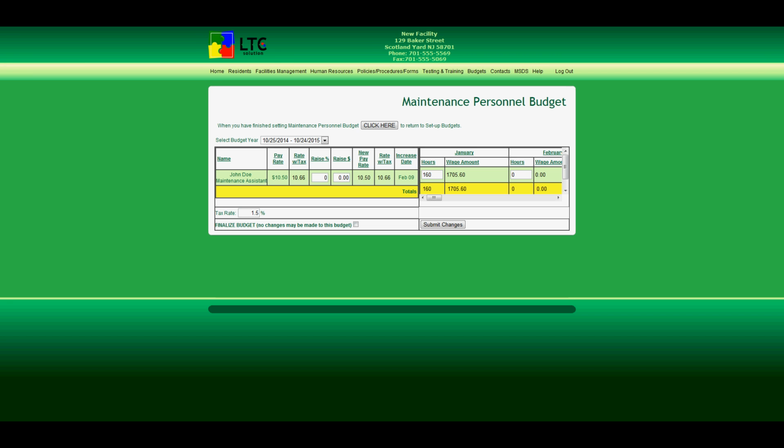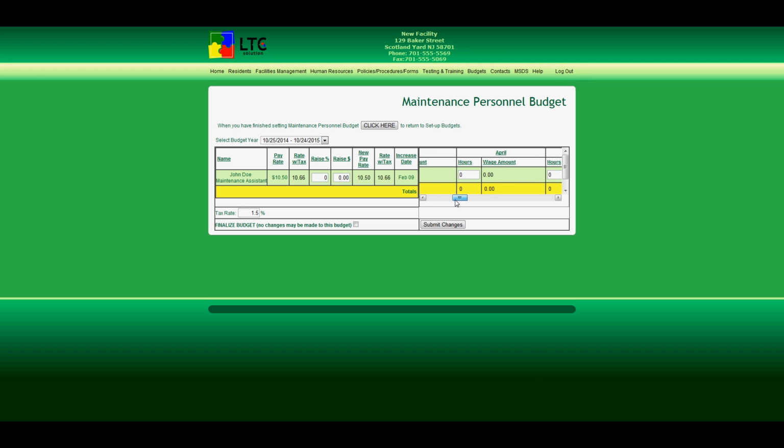All of the current employees for the specific department will automatically be shown on the budget with their current pay rate and job title and month of increase. You may enter projected raise as a dollar or percentage amount, and the other will automatically calculate. As you enter hours for the year, the projected raise will automatically be calculated in the appropriate month of increase shown. The right portion of the screen will scroll across so the hours can be entered for all 12 months